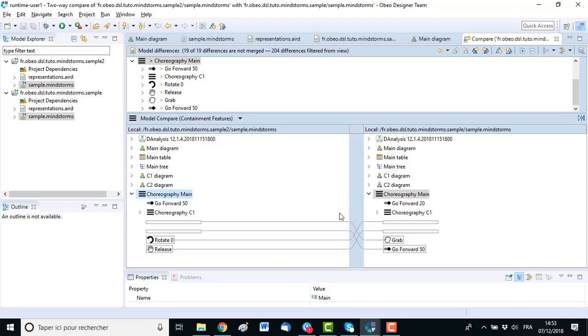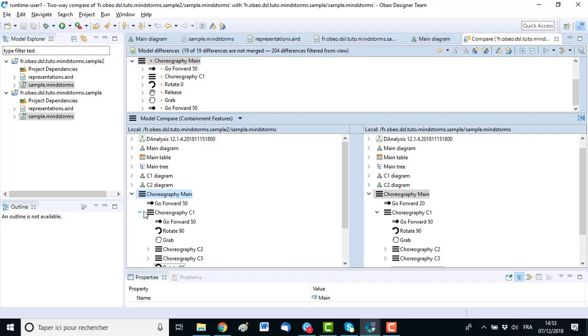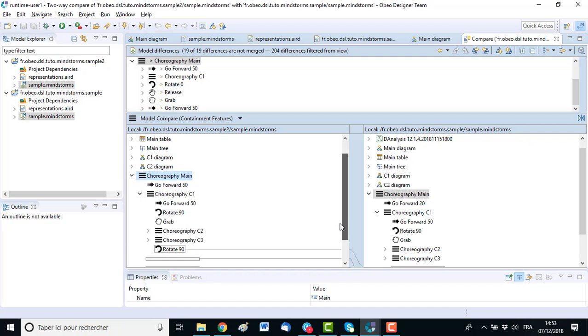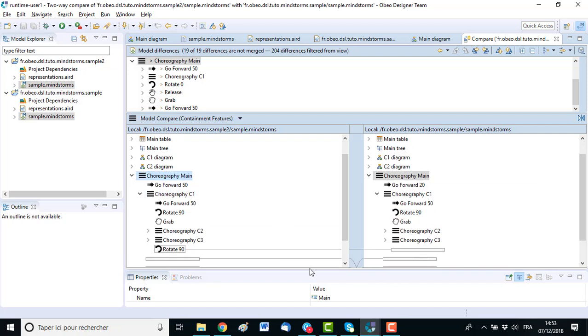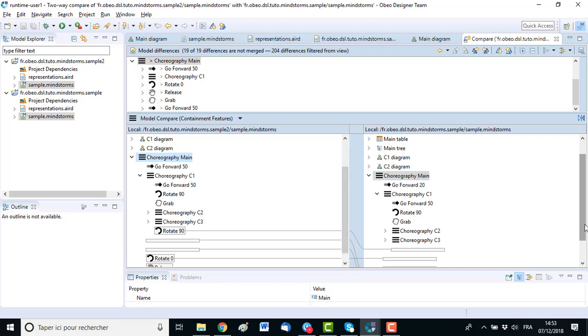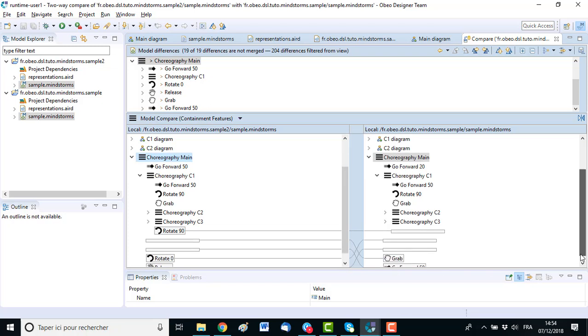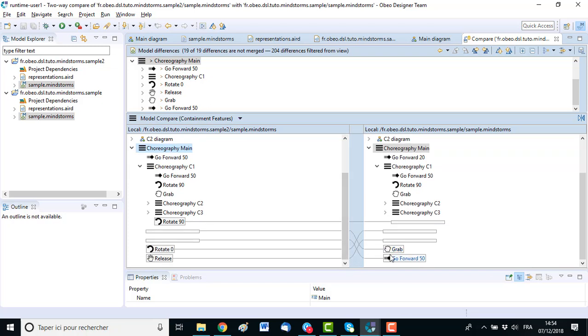Okay, so you can see here that I have changed go forward from 50 to 20, that I have a new instruction in C1 and some instructions have been deleted and added on both sides.